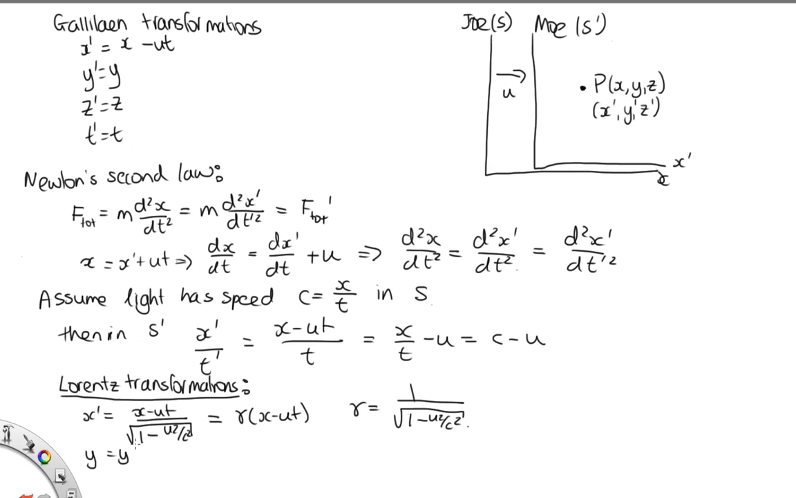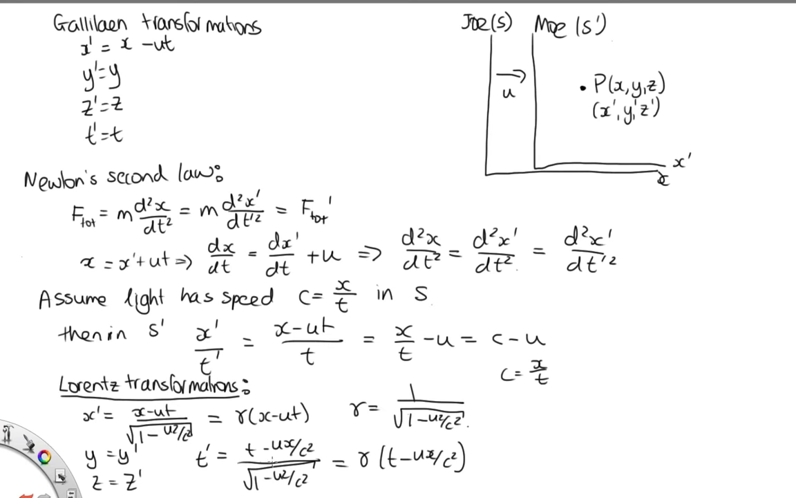Y is equal to y dash, z is equal to z dash, and the interesting one is the time. t dash is equal to (t minus ux over c squared) over the square root of 1 minus u squared on c squared, which is equal to gamma times (t minus ux on c squared). Now we can show that if light has a speed c is equal to x over t in Joe's reference